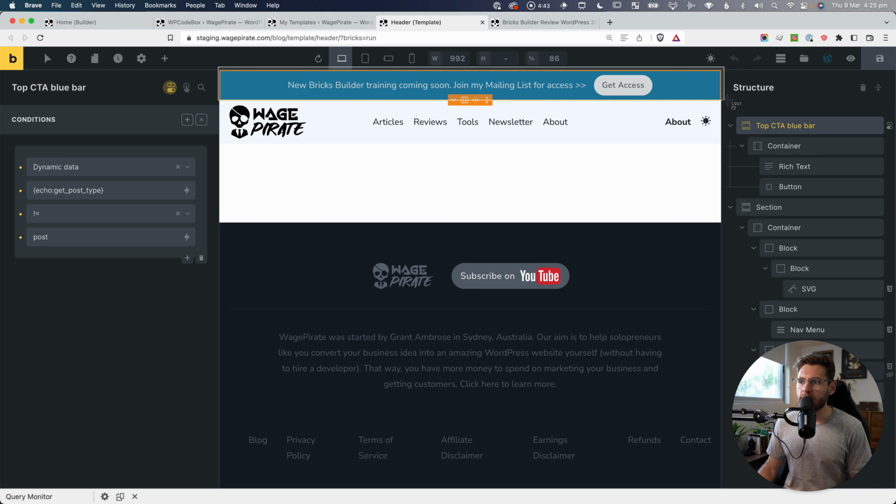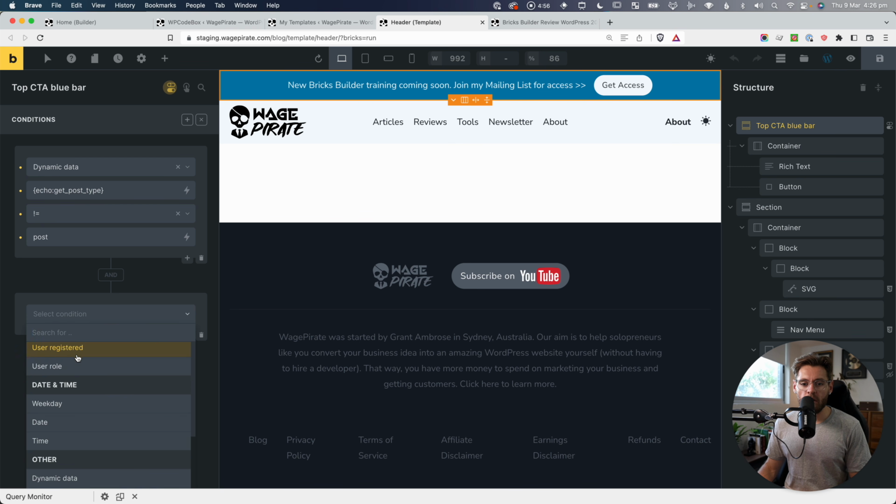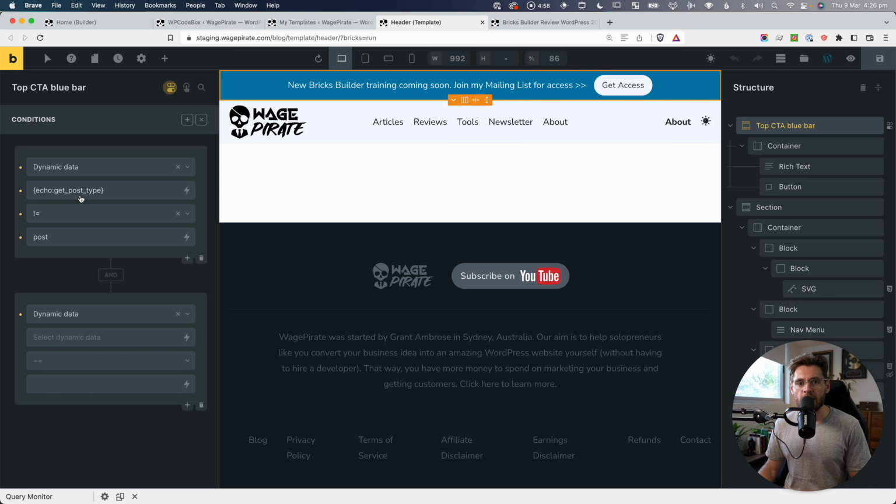So let's just say for this top area up the top here, that blue bar, I don't want to output it on my blog posts, but I also don't want to output it on my opt-in pages. So here we would add a condition, and then I would go all the way down and just repeat the process. So I could copy that from there, put that down there, and then as long as the